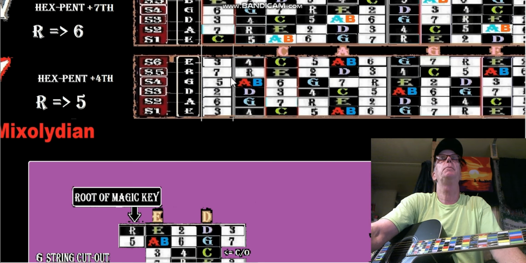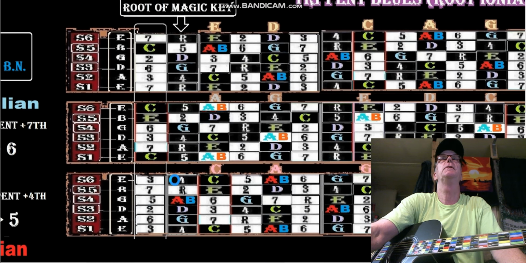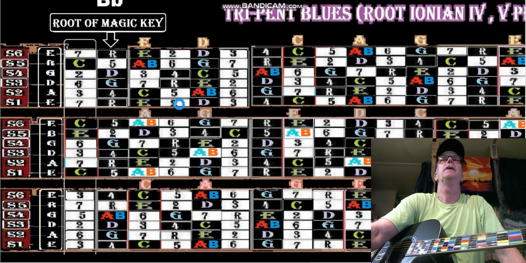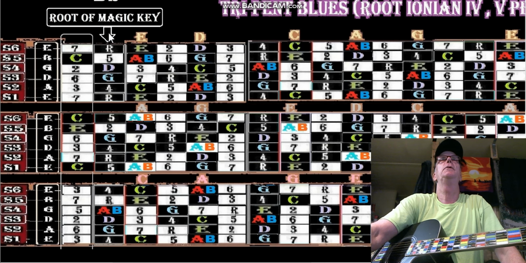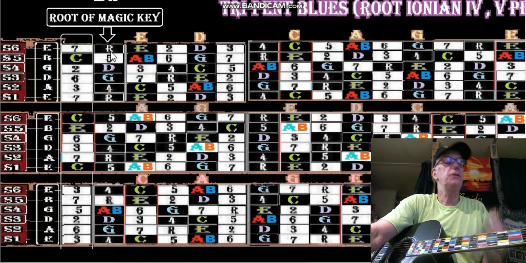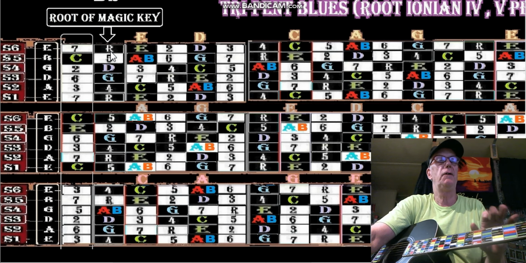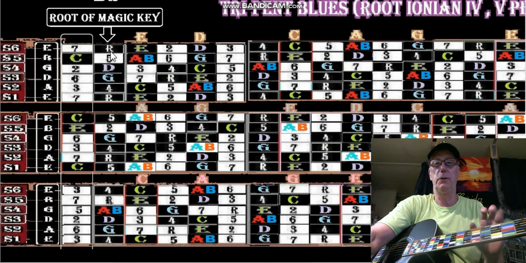Because if we look up here, I don't mean to take you away from there, but you should know this first. If we're looking at this thing, here's the root of the blues magic key. Now this is the blues magic key of what? Of B flat, of the 4th of the 4th. We're not doing the 4th. We're not doing the 4th of the 4th of the 4th, which would be